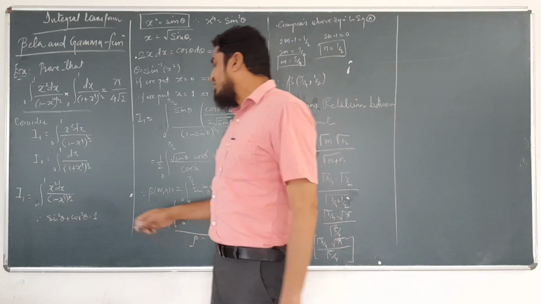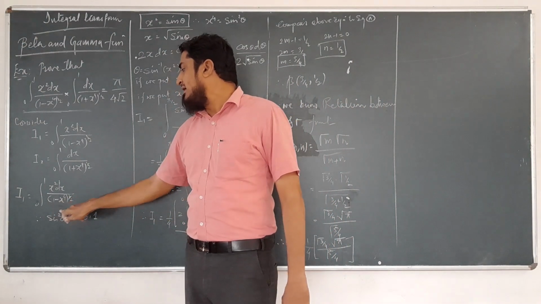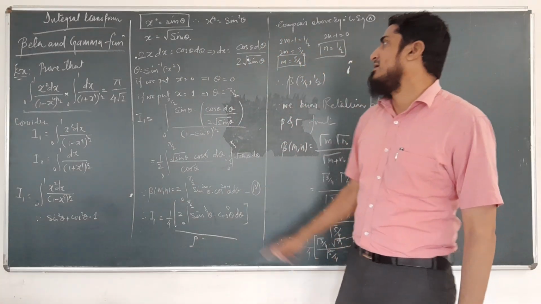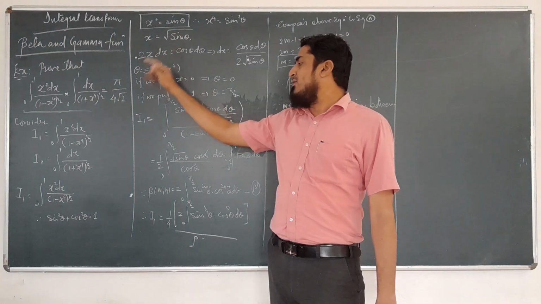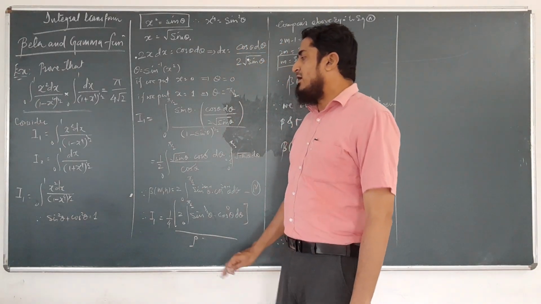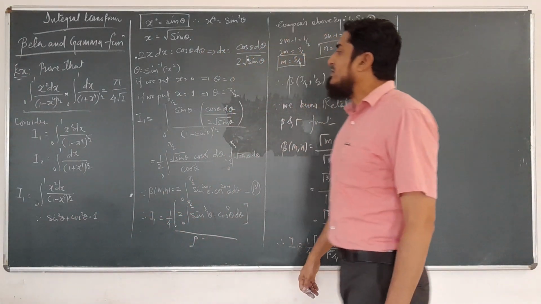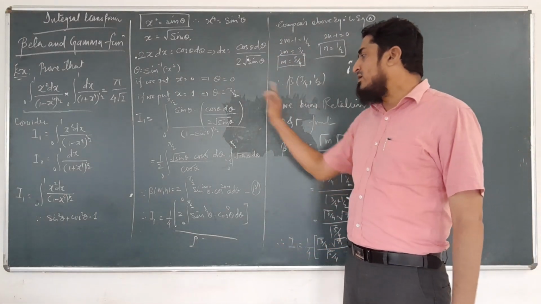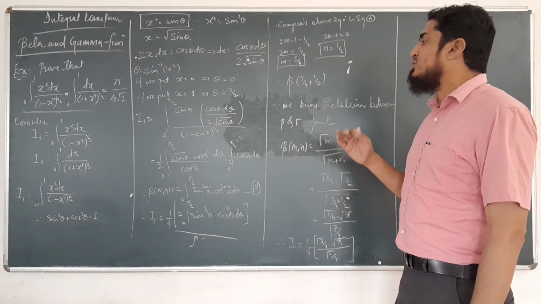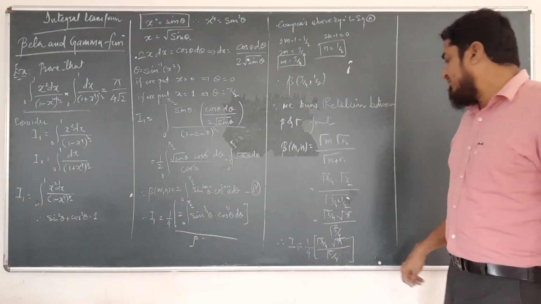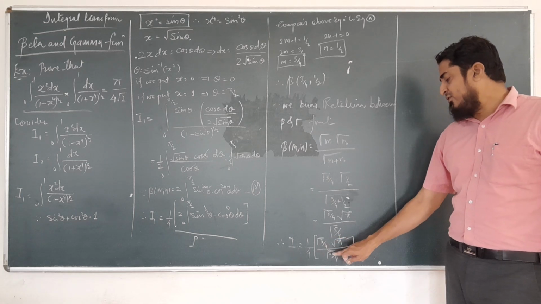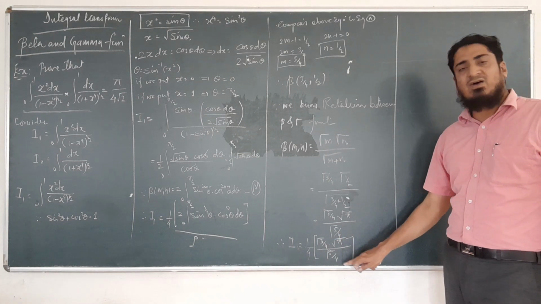Now, by using the substitution method, we replace 1 minus x raised to 4 with 1 minus sin square theta. Finding the value of x square dx and 1 minus x raised to 4 and the limits of integration, we put all these values in I1 and converted this integrand from variable x to theta, and after simplifying we have I1 is equal to 1 upon 4 gamma of 3 by 4 root pi upon gamma of 5 by 4.